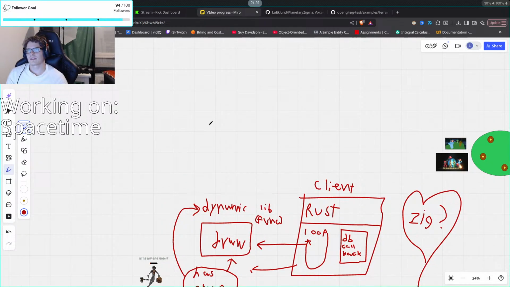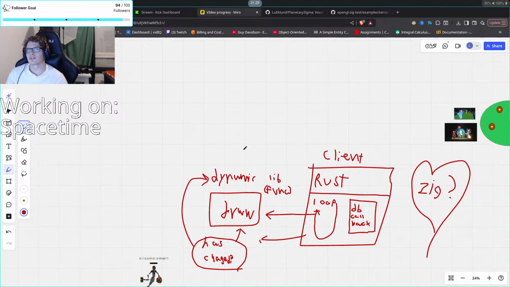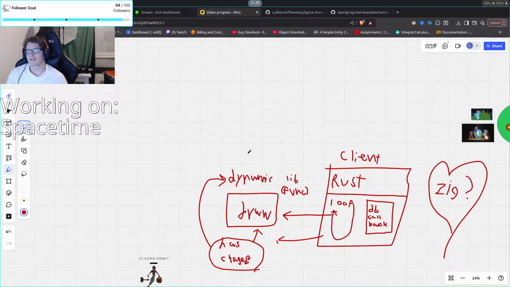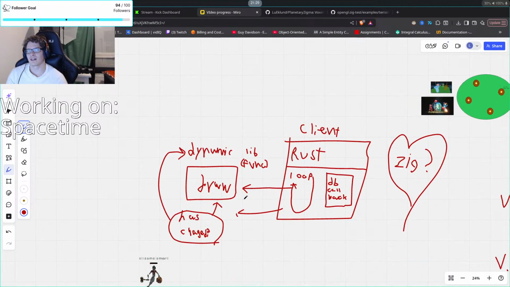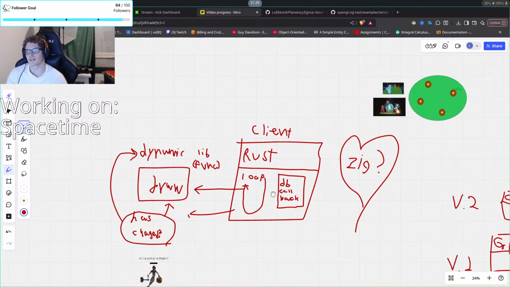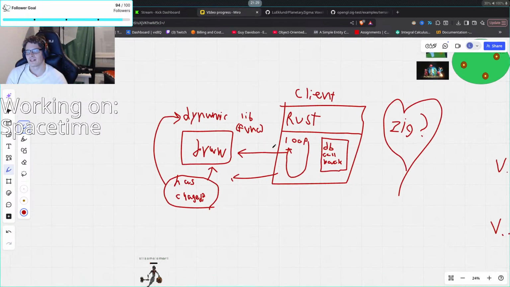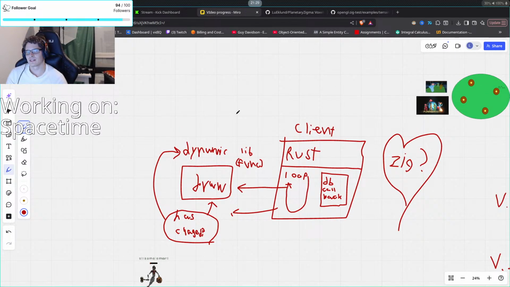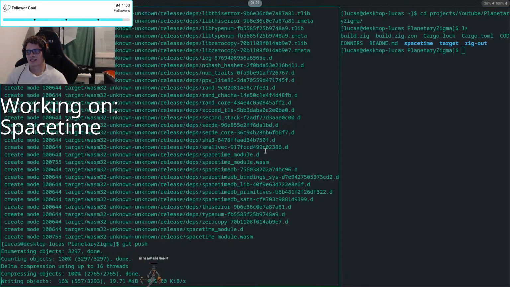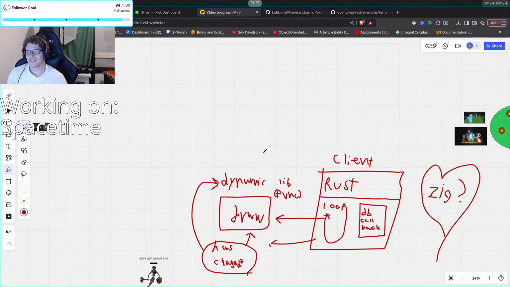You mean dynamic rendering? No, he did do hot reloading. He made it so that you could change the vertices and hard-coded vertices and color through the code. Did he? Yeah, he did.